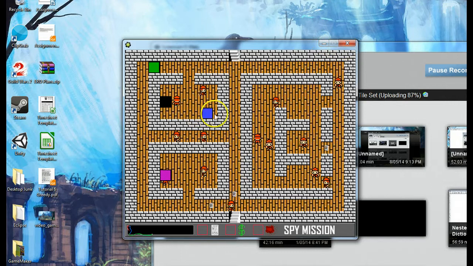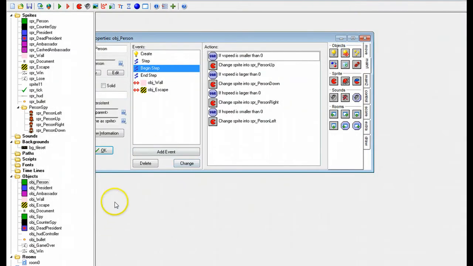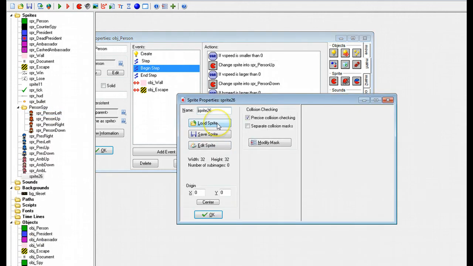And now I need to get it for my president and my ambassador as well. So I'm going to pause the video while I create that. It's going to be the same as this, except I'm going to use a different color for each one. So I'm going to need 2 more. I'll pause the video. So I've almost made them all, and I'm just about to load the last one,